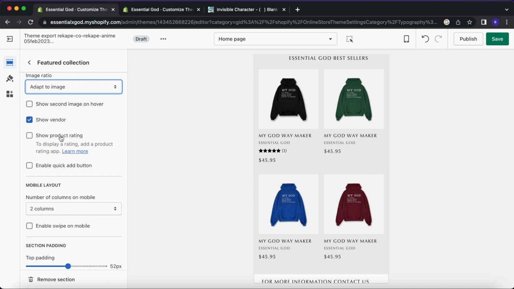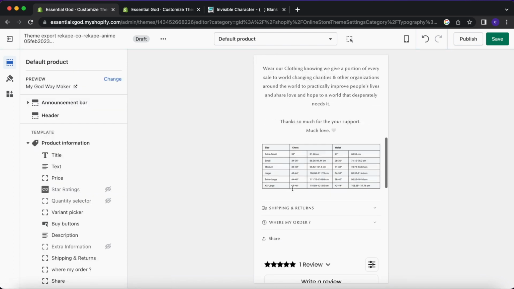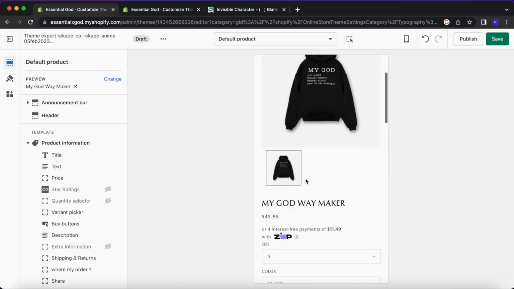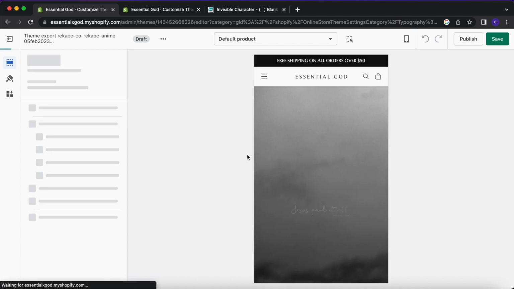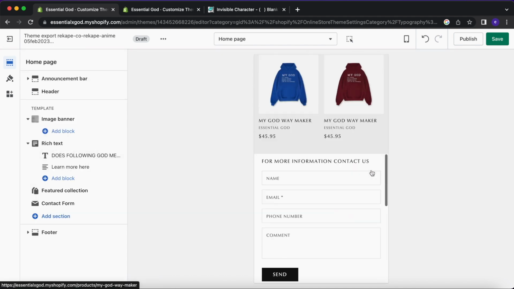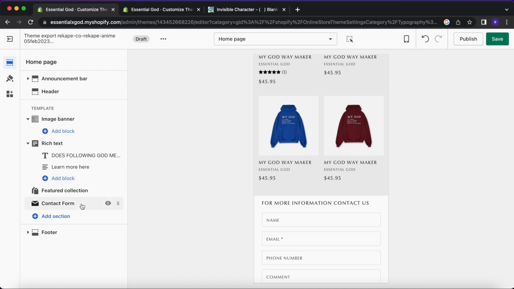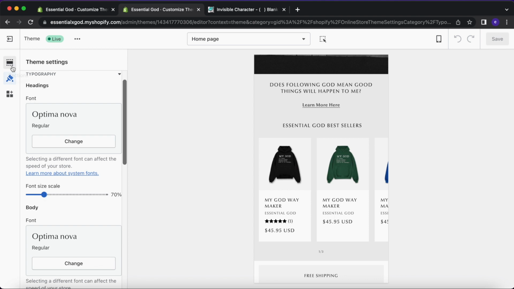Product rating, I normally don't use this because I install an app already on its own. Like with this one right here, there's an app that also lets you have reviews. So I'll show you guys what app I use and how I use that when we get there. So after this, I'm going to go back to adding what I was going to use actually, which was